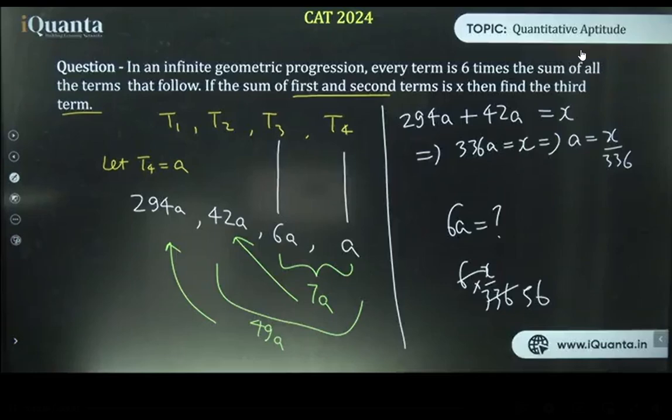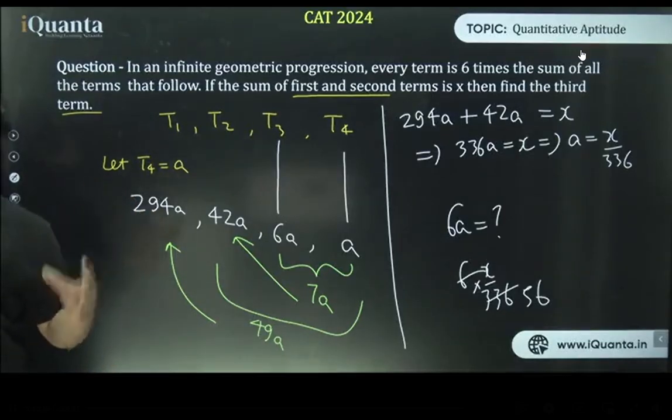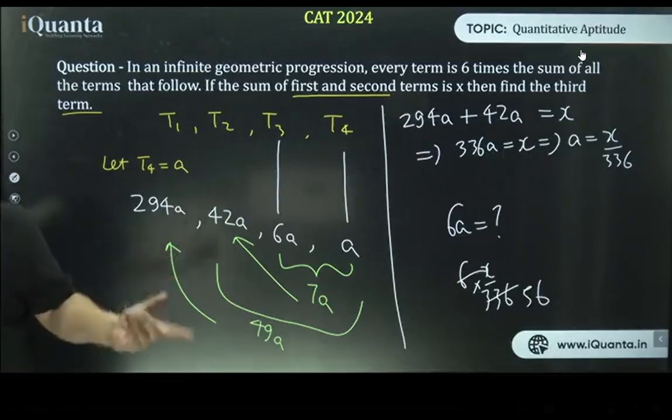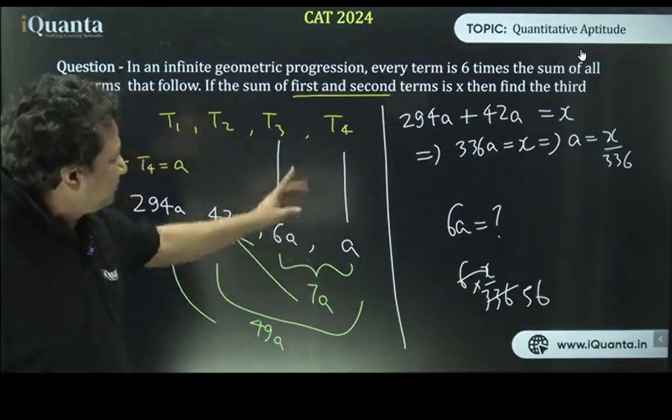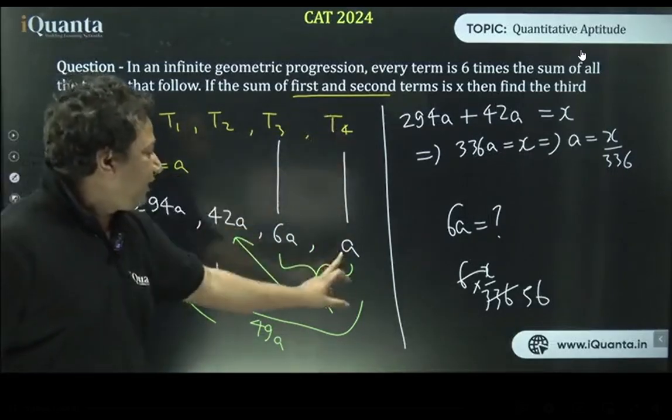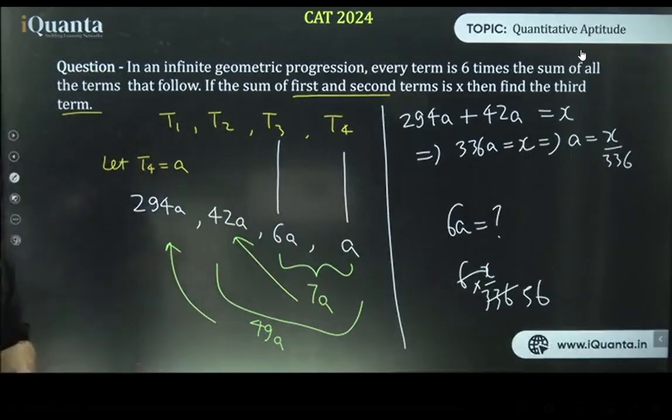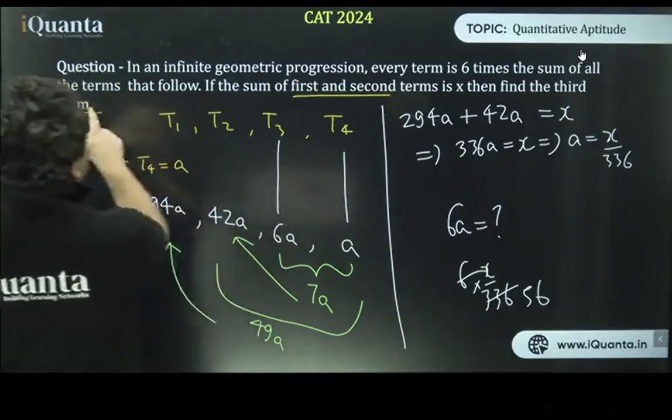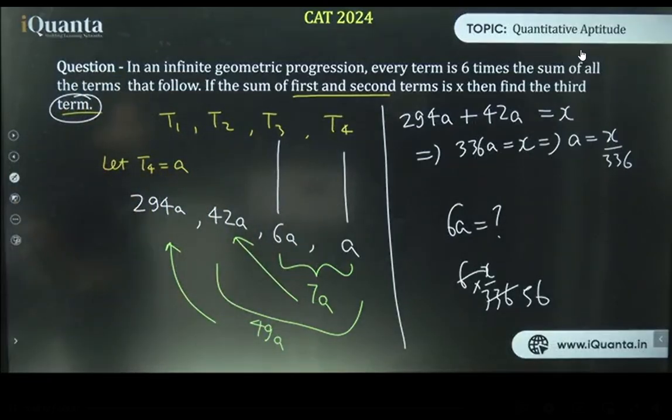रजत, टर्म 4 को मैंने ए मान लिया। क्वेश्चन में क्या लिखा था, एक छोटी सी बात समझो एक बार। कोई भी टर्म अपने आगे आने वाले टर्म्स के सम का 6 टाइम्स होगा। सो आई टुक T4 एज ए, अगर टर्म 4 ए है तो टर्म 3 6A ही होगा ना, 6 टाइम्स। Isn't it? Now Rohit, tell me, this is way more easier, isn't it? आदित्य, 4 तो लेने पड़ेंगे ना, वरना सवाल कर ही नहीं पाओगे। तुम्हें तीसरा टर्म निकालना है ना आंसर में। बस उससे भी हो जाएगा, 3 से भी हो जाएगा आदित्य। हाँ सही है।